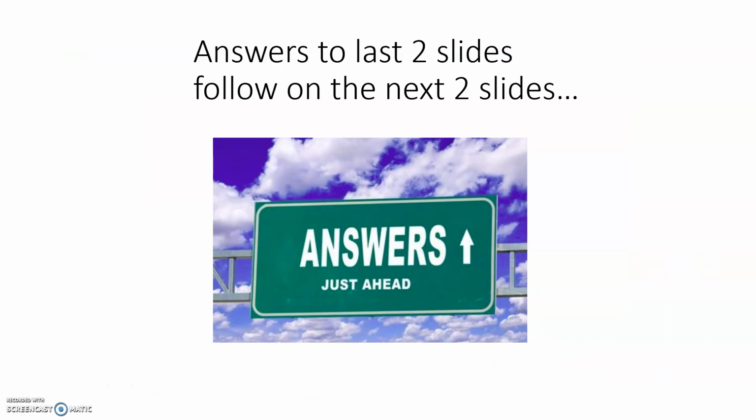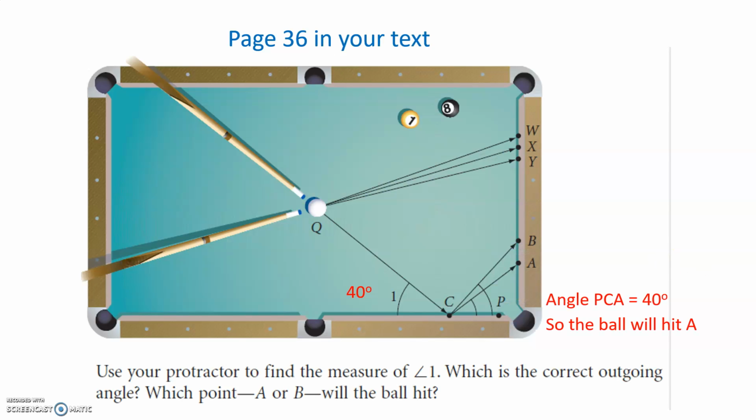I'm going to go to the answers here for those 2 slides. So it says, use your protractor to find the measure of angle 1. So here's angle 1 made by this ray, and we measure it, and it's 40 degrees. Which is the correct outgoing angle? Which point, A or B, will the ball hit? Okay, so the outgoing angle, we measure angle PCA. So here's PCA, and we find also that that is 40 degrees. So if this incoming angle is 40 and this outgoing angle is 40, then the ball will go here